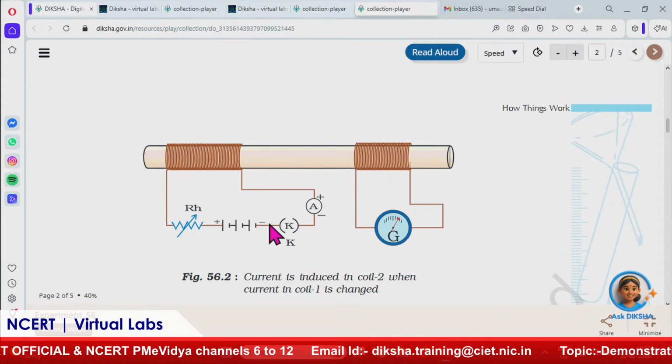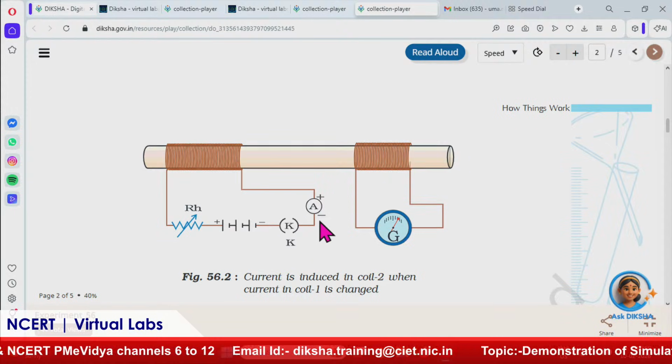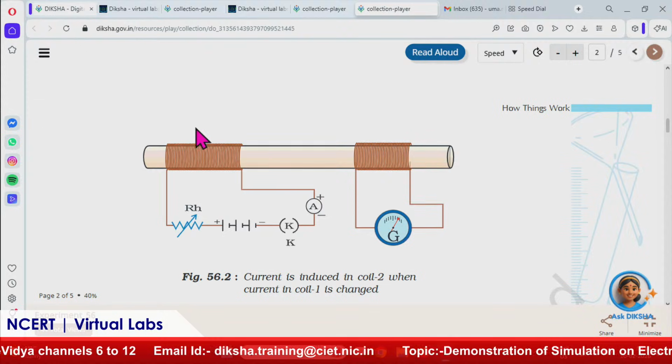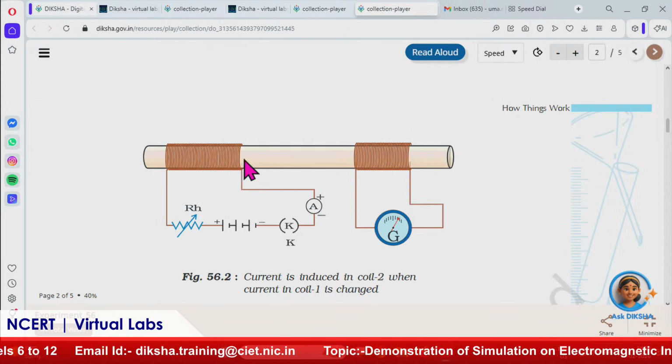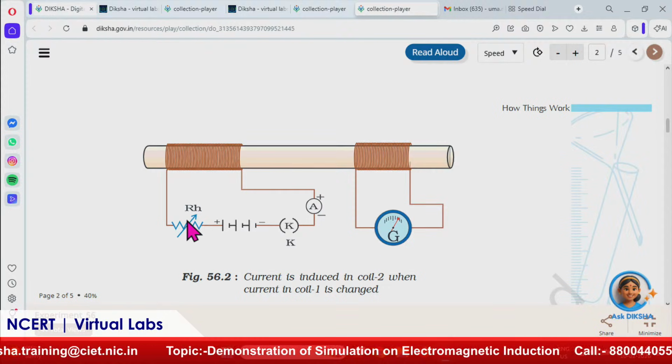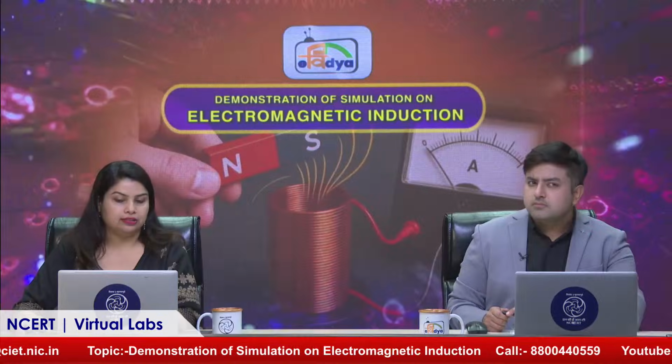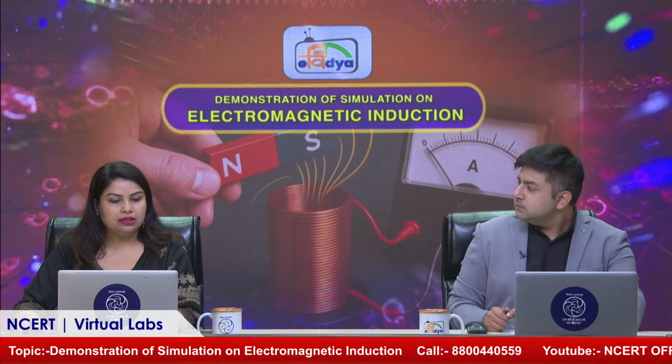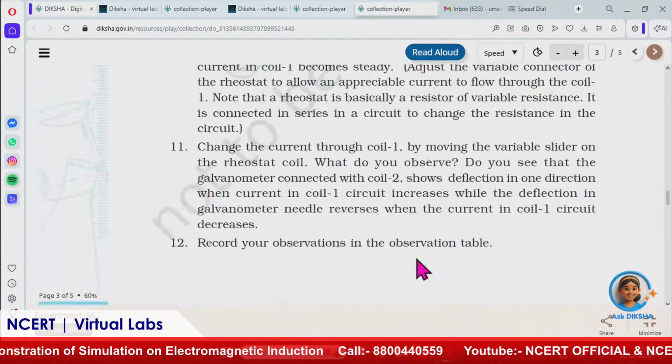So by varying the current, what are we doing? By varying the current, the change in the magnetic field is taking place, and hence the galvanometer is showing deflection. If we are not varying this, then there is no change in the current. So the inference is that in all these cases, the conclusion we found is that